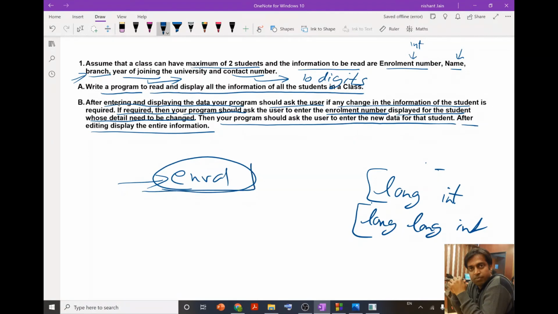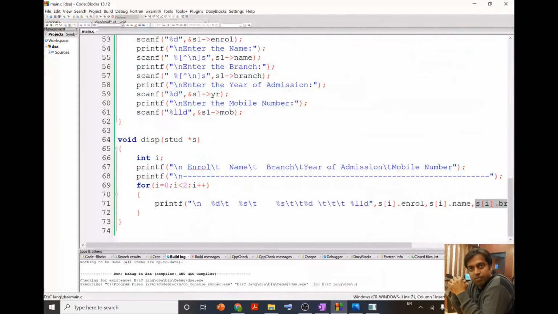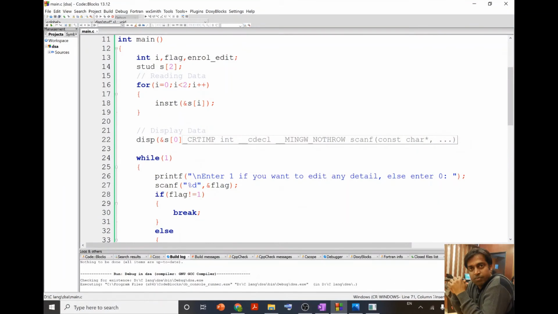then we will ask the user to enter the complete detail of that student, means starting from enrollment number, then name, then branch, year and contact numbers. And after editing that information, our program will display the edited information. So to incorporate this thing into the program, in the main program, like this was our main program, and